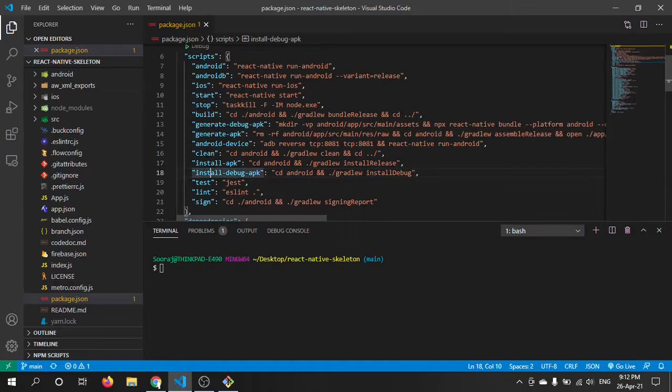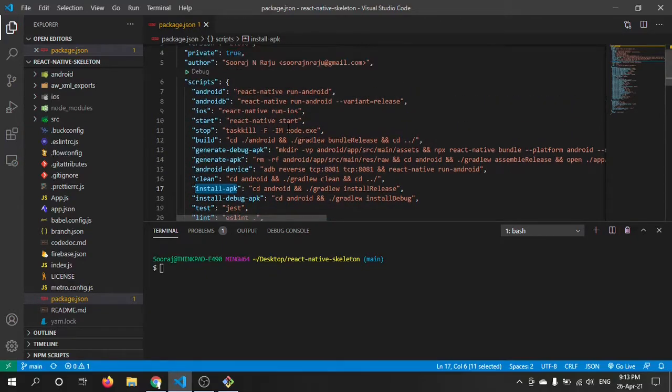I usually don't use generate APK to create release builds. I usually use install APK. I connect my mobile phone and run the command yarn install APK. It will create all the release builds and install them onto the mobile phone, and at the same time I will get all the release APKs as well. It will be installed on my phone and I can test it out as well. This is the process that I usually follow, so we will come back to it later.